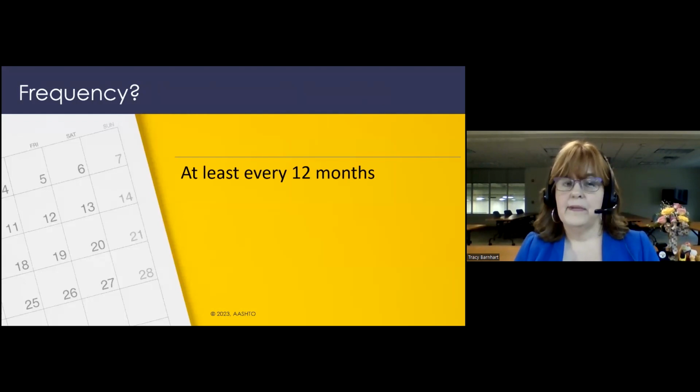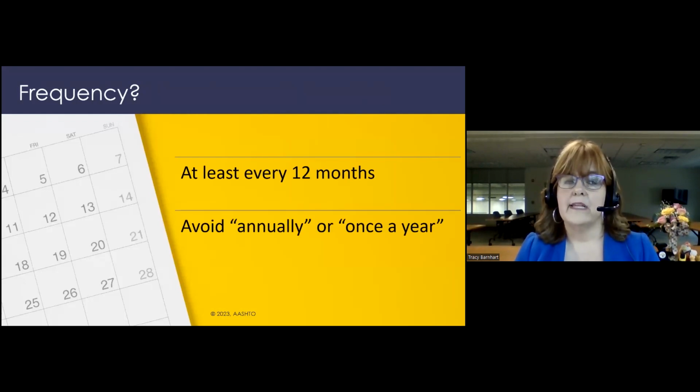That's great. You want to be careful about using the words annually or the phrase once a year. Those don't necessarily meet the at least every 12 months requirement. As an example, let's say you did an internal audit last month, January of 2023, and then your next internal audit is in December of 2024. Yes, that's annually. Yes, that's once a year, but that is not every 12 months. The interval there is like 23 months, and that would actually be a nonconformity for AASHTO R18.